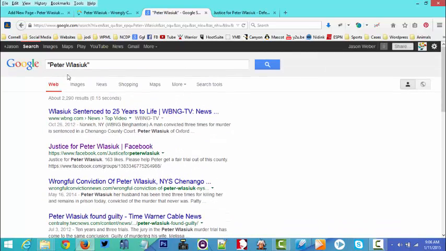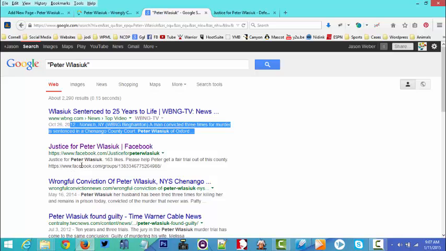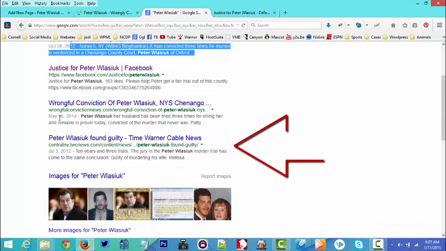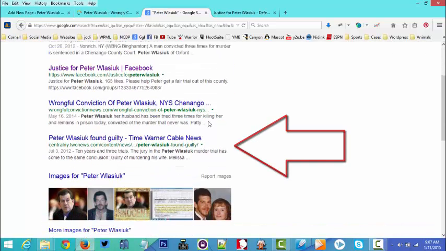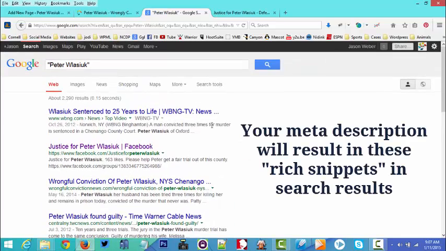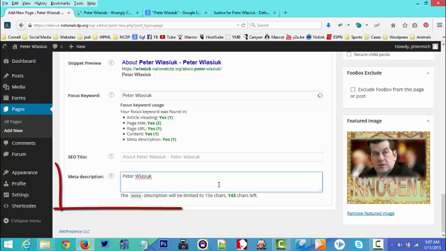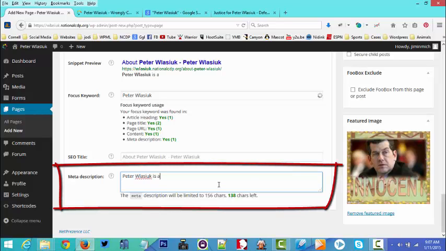Okay, so if we do a Google search for Peter Wlaziak, see this? This is the meta description. It's also known as, more modernly known as, what's called a rich snippet. Okay, you can see these rich snippets were not done very well. To ensure that's done very well, Peter Wlaziak is a family man from central New York